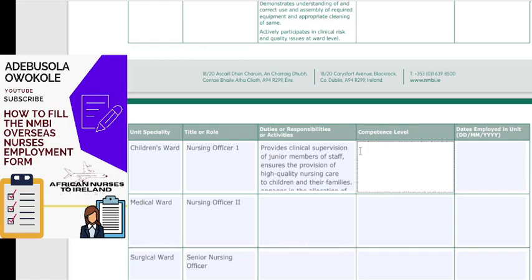So whatever level you feel, it could be the same level in the same institution. So you can say level 1, level 2, or level 3, for example. If maybe you were already experienced before you joined them, that could be level 3 or level 4. If you have someone like PNO, SNO, CNO, that could mean level 5, because that's a supervisory level 5. And dates employed,